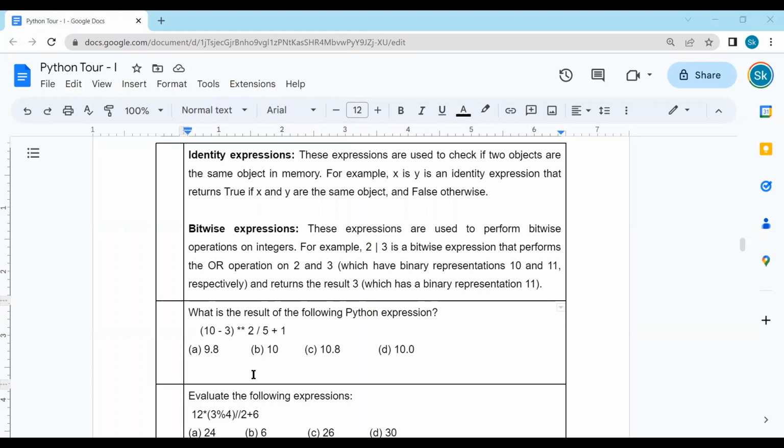I hope our students have understood. Next, answer a few questions. What is the result of the following Python expression? 10 to 3,